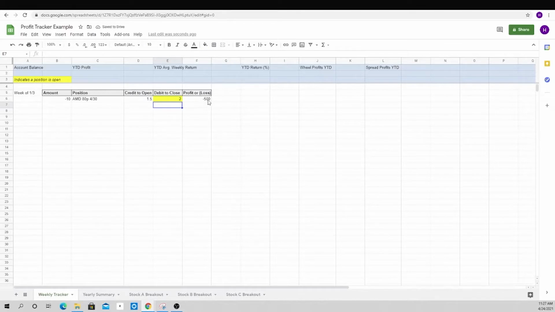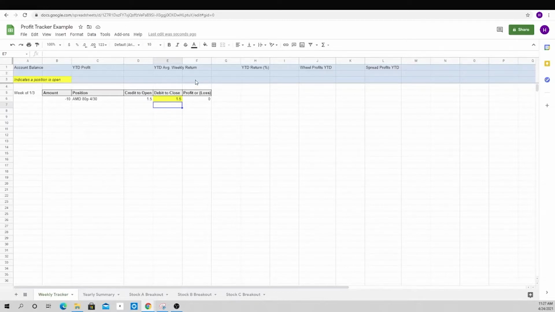We're down $500. If it goes down to 0, we'll hit our max profit of $1,500. But the point now is that we've put this formula in, so it's dynamic and changing when we update the prices here. So let's stick this back to $1.50, gets us to 0. And one other thing that I think is important that I want to do here, just for ease of access